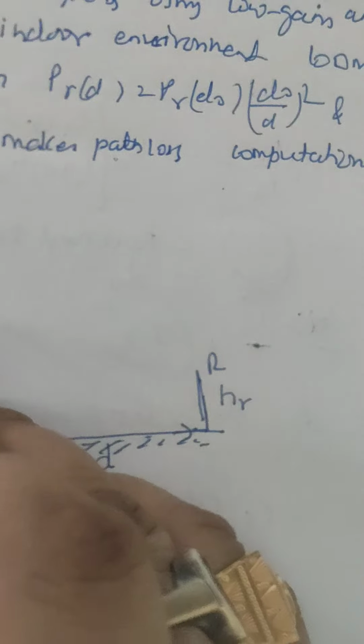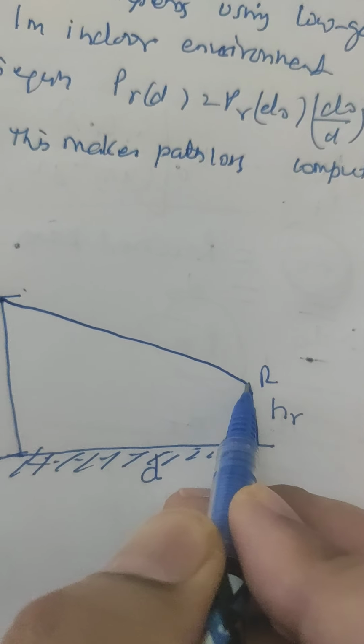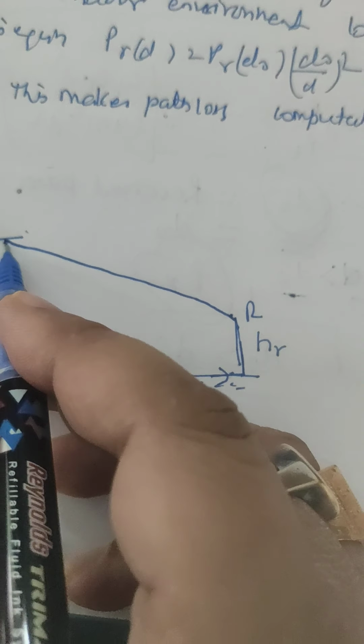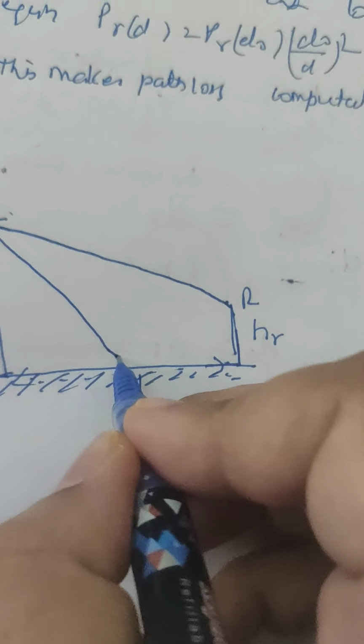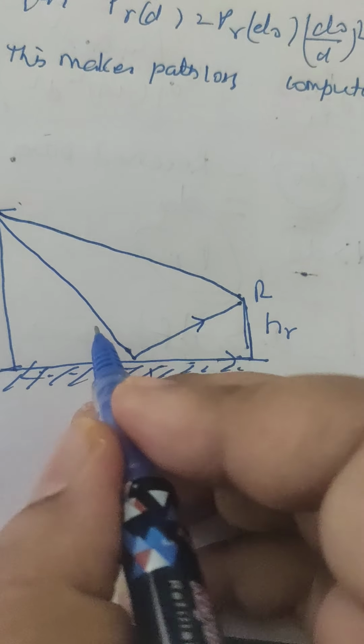When the direct signal falls on the receiver and when the signal is reflected by the ground and then comes to the receiver, there are two fields. One is E_LOS, and another is first incident on the surface of the earth, then reflected back,